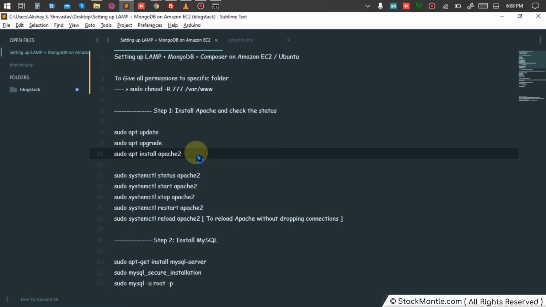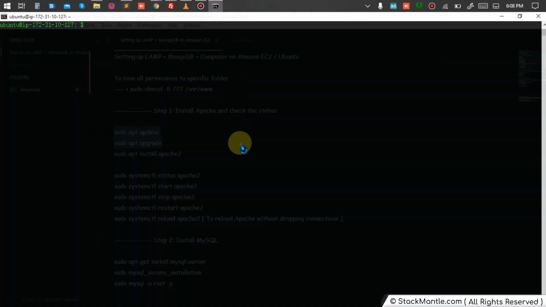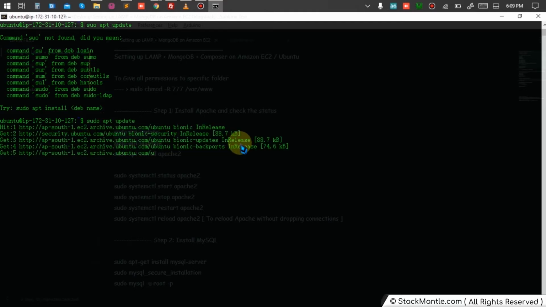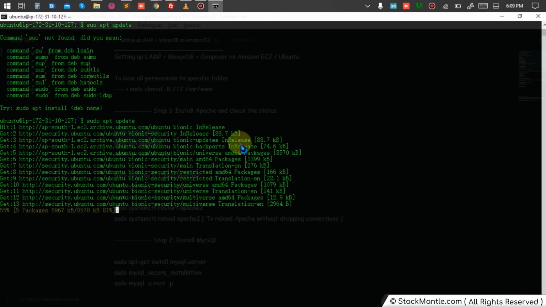First we're going to go with the update and upgrade. We always have to make sure that before or after installing a package, our system has all the latest updates. So sudo apt update. It's checking and installing the updates.